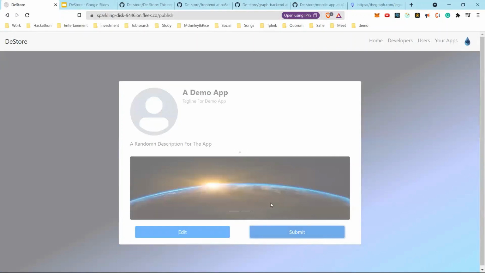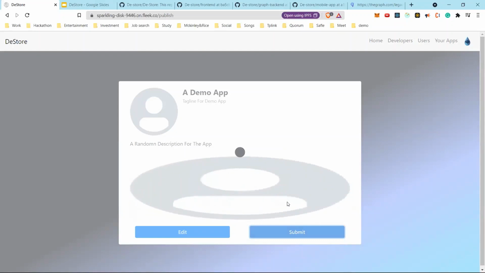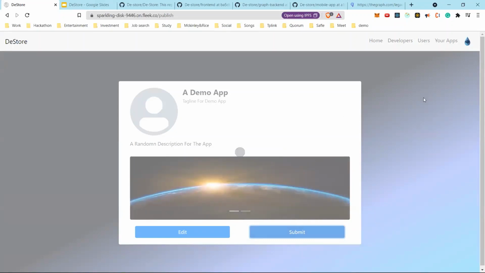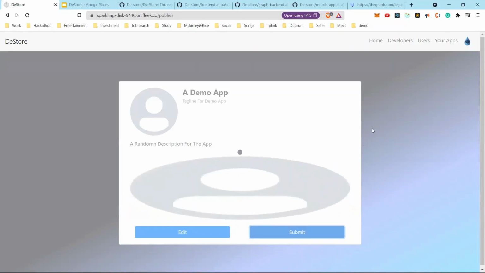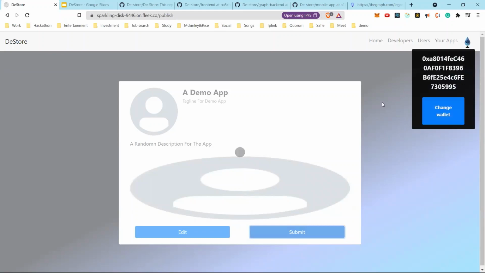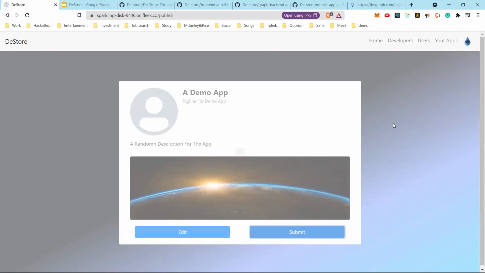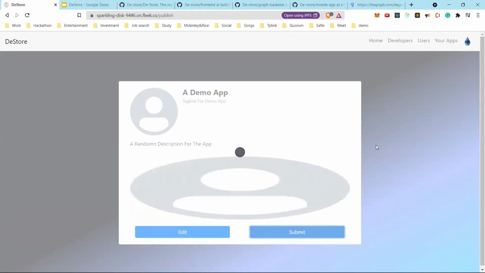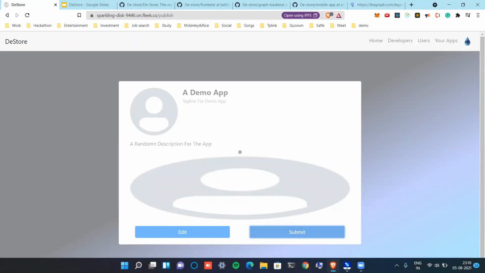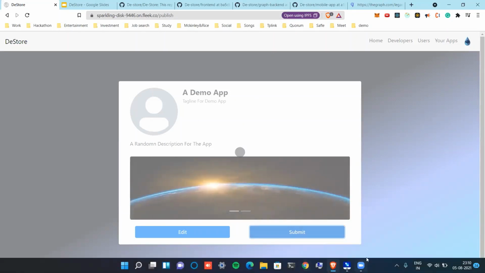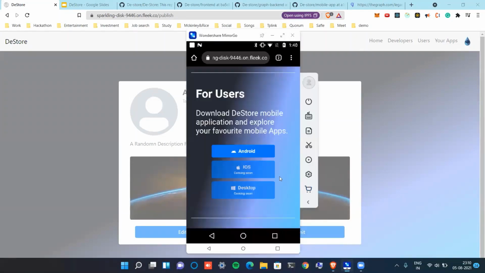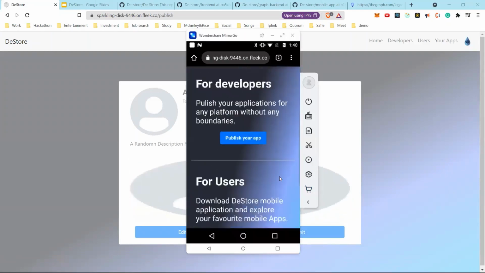Submit. So this is the preview of the application. Once we click on submit, these details will be uploaded on the IPFS. And once the images are uploaded on IPFS, we can see a pop-up greeting for the transaction to complete on this smart contract. Smart contracts are deployed on the Matic network. Fortis wallet is connected with the Matic network only. If we select MetaMask, we need to choose the Matic test network, Mumbai network. Till the app is deployed on the IPFS, let's move to the mobile version.